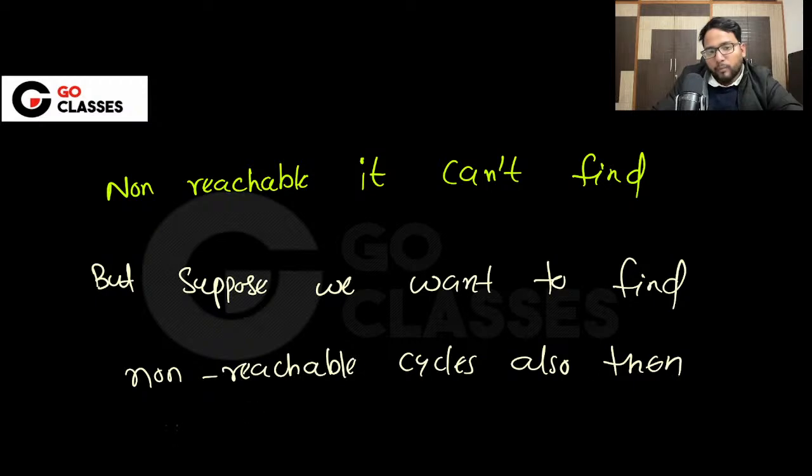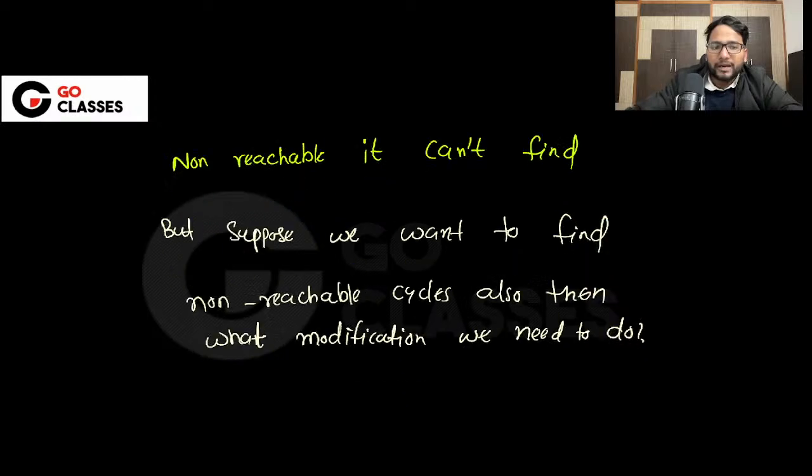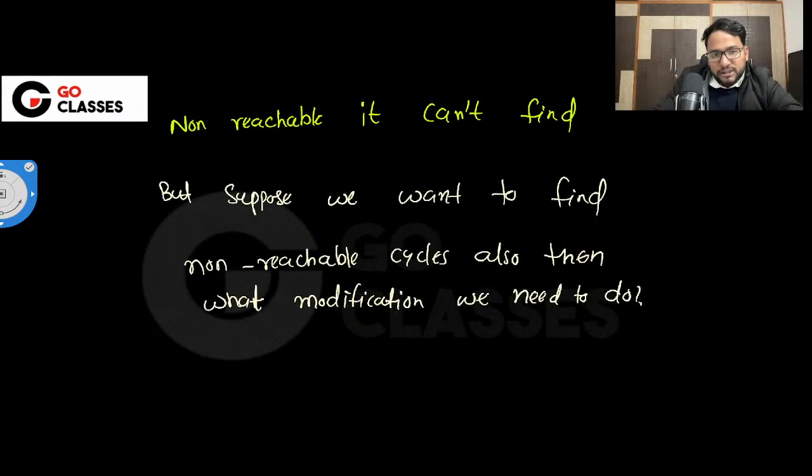Then what modification do we need to make? Can anyone tell me? That's very simple, actually. What we can do is create a new graph, G dash, which will say that, okay, whatever is the earlier graph,